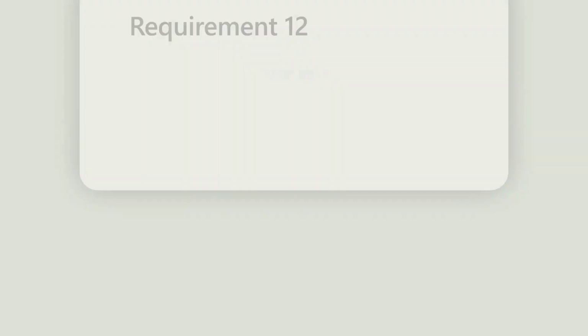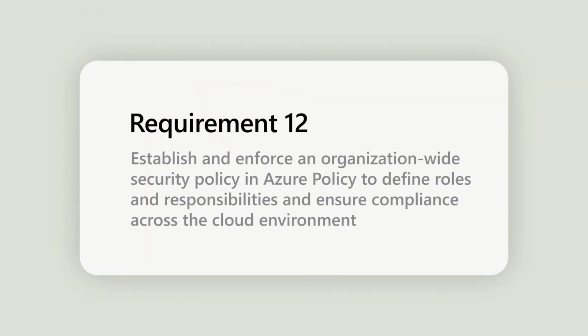The last goal is to maintain an information security policy and its corresponding requirement is to develop, document, and maintain an organization-wide security policy in Azure Policy. This policy should define information security roles, responsibilities, and practices for all employees. Azure Policy enables you to enforce and audit compliance with this policy throughout the cloud environment. Using these requirements as a foundation, you can establish comprehensive security measures that align with PCI DSS, helping protect your